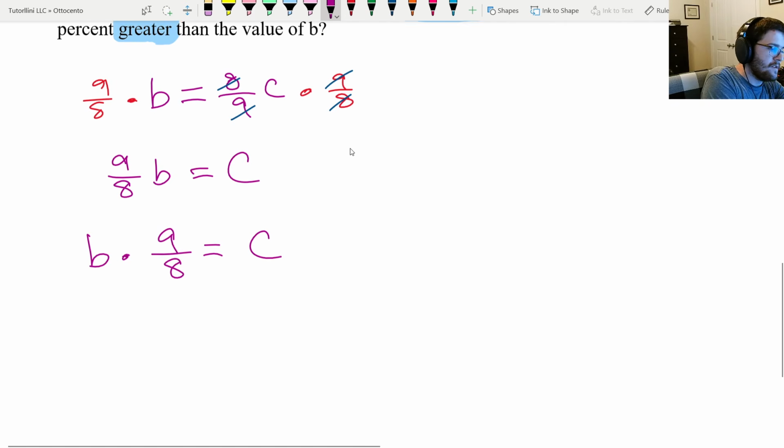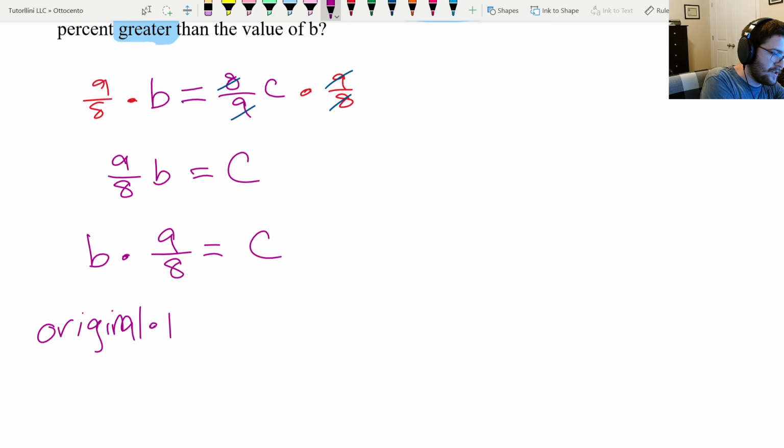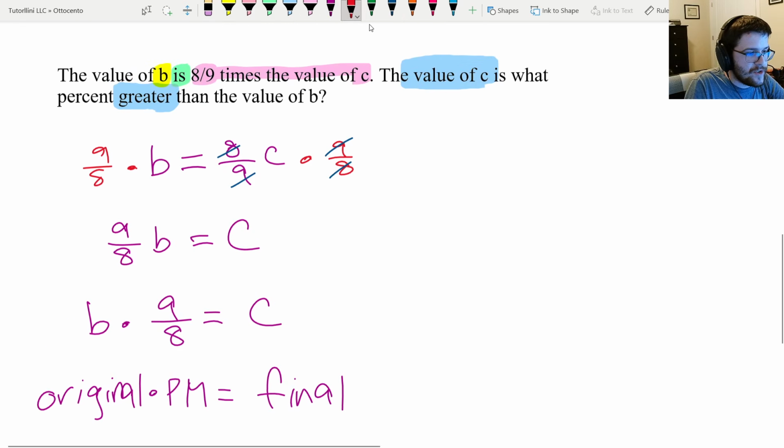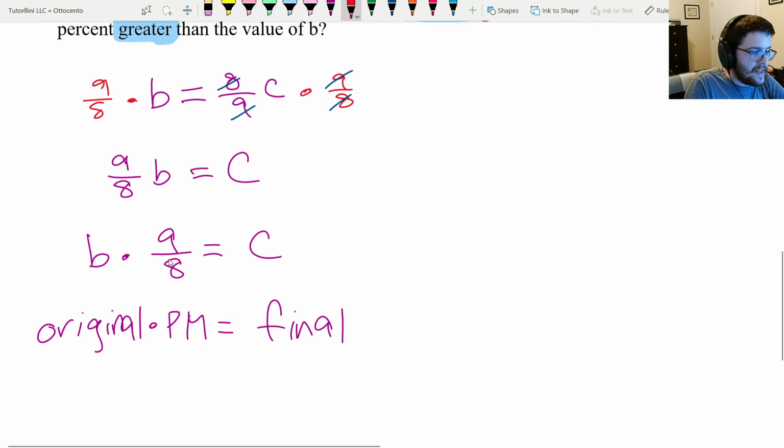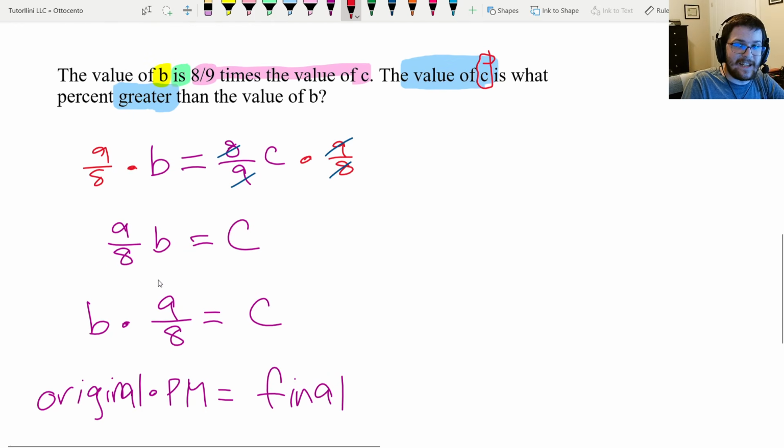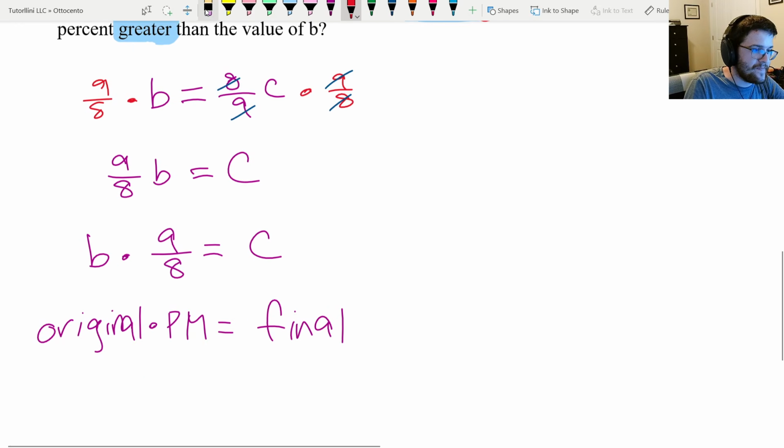You see this now lines up perfectly with what we were just talking about. Original times percent multiplier equals final. So with C treated as the final, the percent multiplier is 9/8. So that's it. Now we just do what we did before. That was a lot of work, but